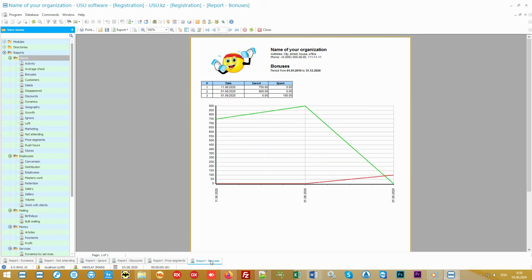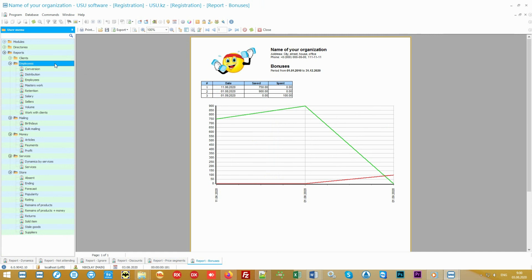The bonus system can serve as a good help for the loyalty of your customers. If customers receive bonuses that they can then spend, this will in fact secretly encourage them to spend even more in your center. The second most important thing is staff analysis.